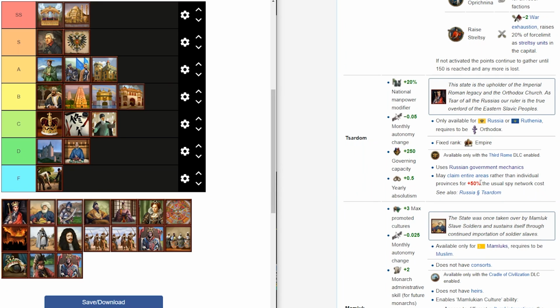But the next thing is that you can claim entire areas rather than provinces. You also get a bunch of cool bonuses. This is a government type that is only for Ruthenia and Russia. You must be Ruthenia or Russia, and forming out of those